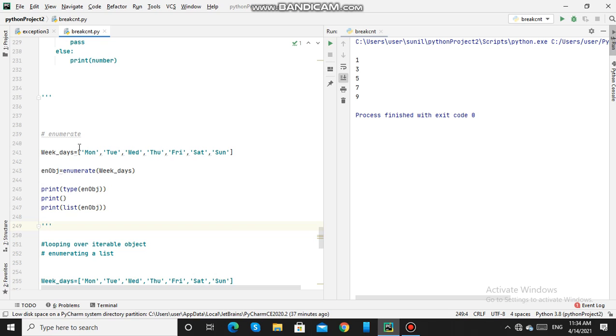So the enumerate function will add a counter to each of these elements in the list, and it will return an object. Then here I am printing the type of that object, and then using the list method and passing the object, it will return a list of tuples. We will run this.